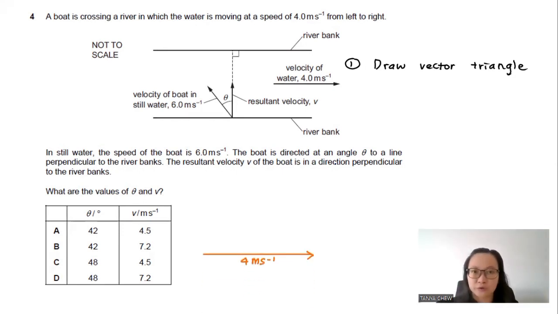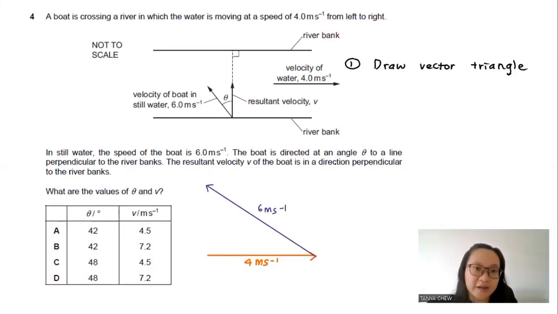The first vector that I drew was the velocity of the water, which is 4 meters per second from left to right. And then when you draw a vector triangle, always remember the tip to tail rule. Now, what do I mean by the tip to tail rule? That means the tip of the first vector that you drew must be connected to the tail of the second